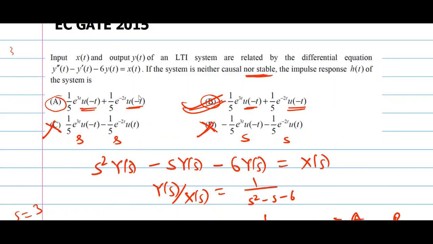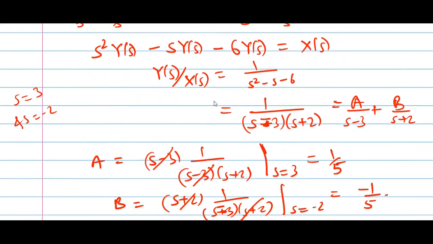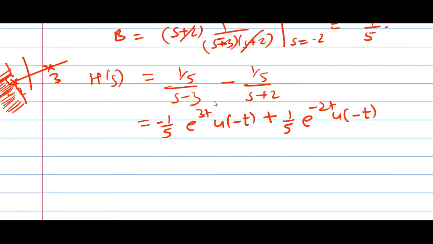This term is the same in both the options. The only difference is just one minus sign. You can see that, with just one minus sign, this will decide your 2 marks. Either you will get 2 marks or you can get negative marks. So you have to be very careful. So the correct answer is option B.